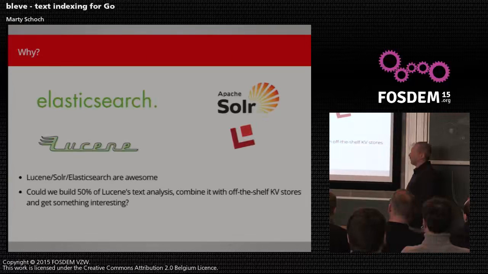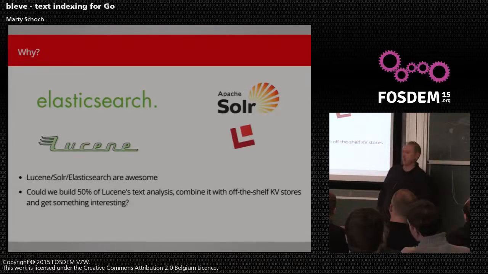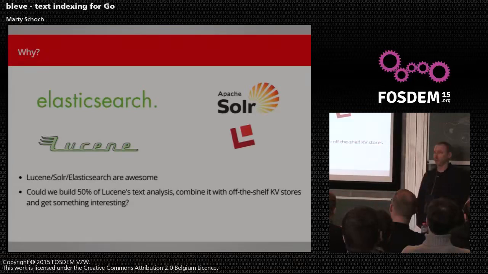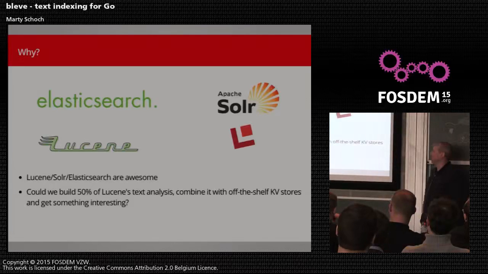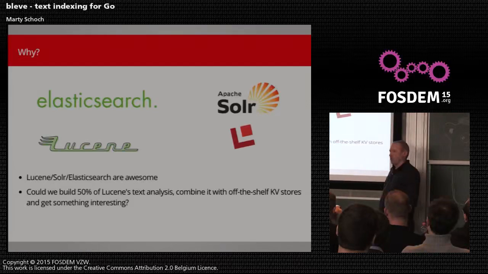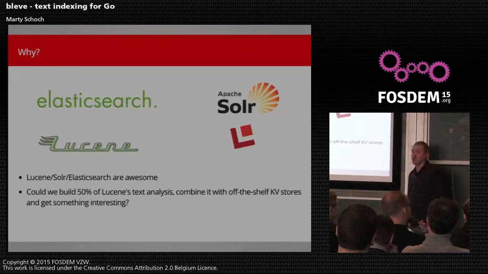The first question I almost always get about Bleve is why. There's already Lucene, Elasticsearch, Solr as an ecosystem. They're all really good. And I'll be the first to admit, I think these are all awesome products. A lot of the inspiration for Bleve has come from looking at the way Lucene's working. And so if you're already using Java, the JVM, and you're happy with Lucene, by all means, keep using them. They're great. But sometimes you don't already have a JVM in your architecture, and adding that to your architecture is maybe a more heavyweight thing than you're interested in doing.